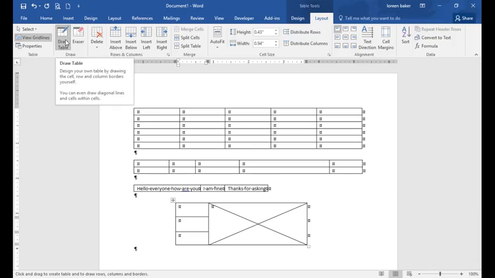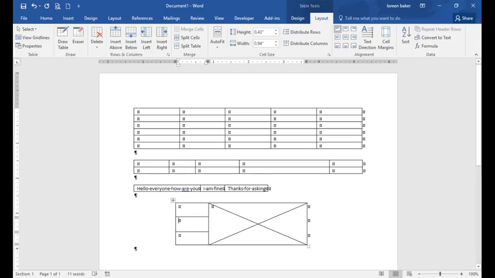Now you can see that there's a draw option right here as well. If you already have an existing table, I want to, oh well, the other thing before I jump into that is I can't get rid of this pencil. And everywhere I go, it's following me. I come up here and I turn off that draw table, and then I get my mouse pointers back. So if I selected a different table by putting my cursor inside it, now this table is selected. I can still choose the draw